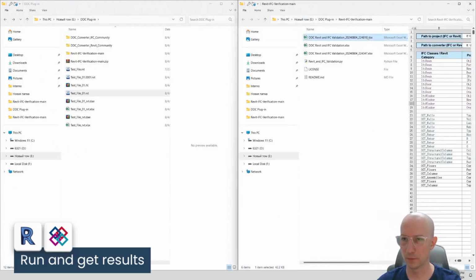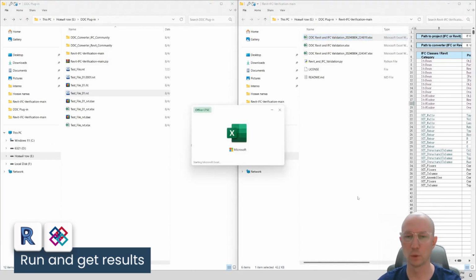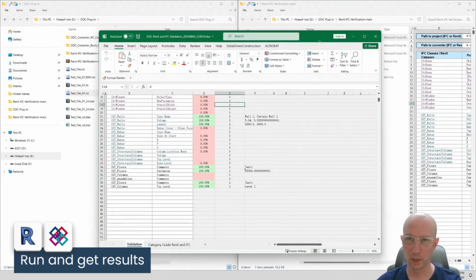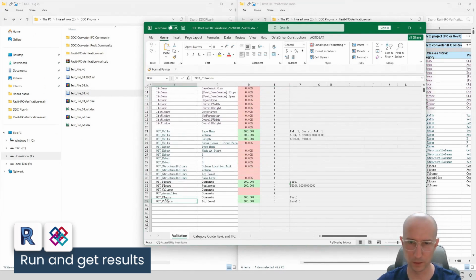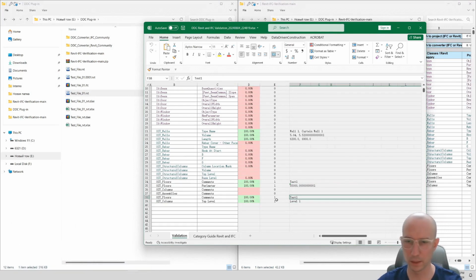We close it, see that a new table has been created, go into it, and now let's see that the check has been performed. The data for these elements have been filled in, and as you can see, something is filled in, something is not, and it showed us the number, more precisely the number of elements with filled data. This is how our script works, and as a final check, let's check our IFC file.